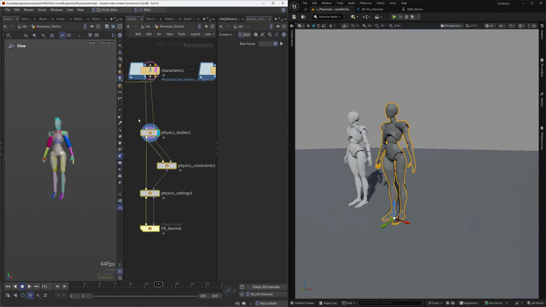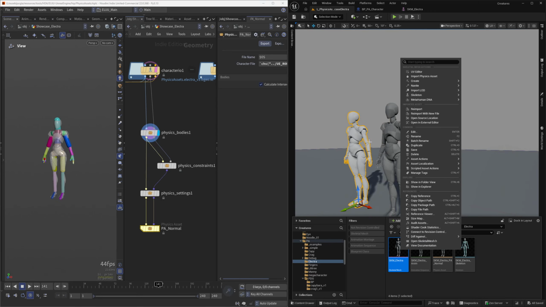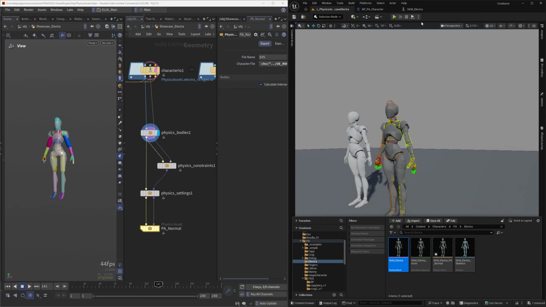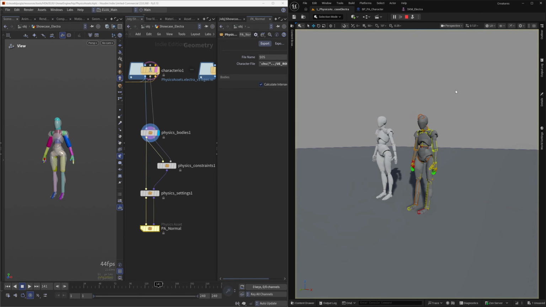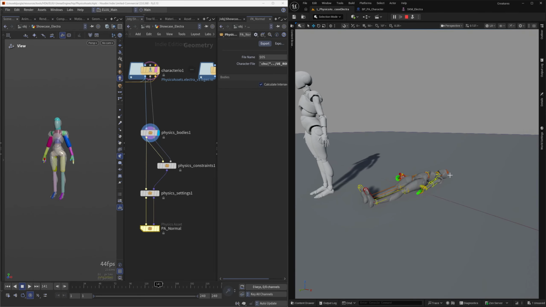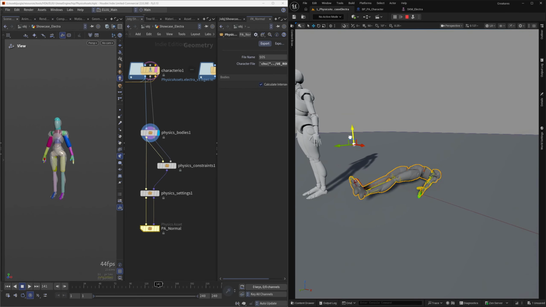And I can create this network which will control the output in a JSON file. For example, here I like to put the limits very low, and this will create a very stiff type of physics. And here, if I re-import it again, we can see how it looks. And you see that now the puppet is very stiff because we don't allow the limits to move a lot,